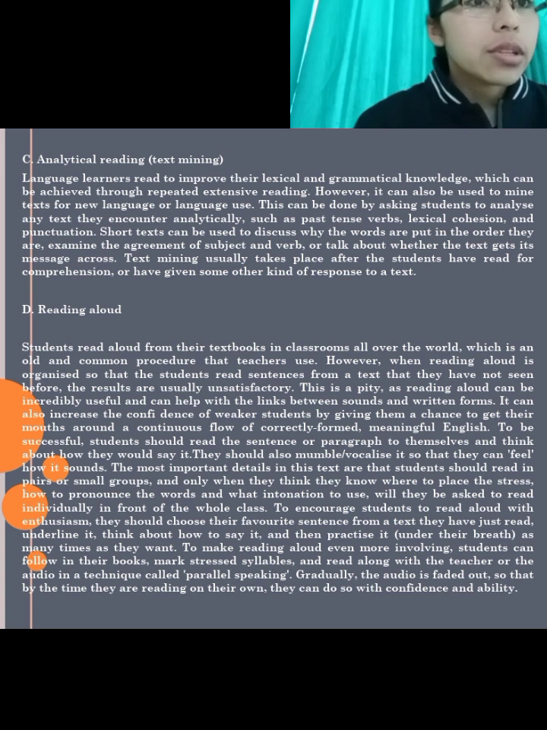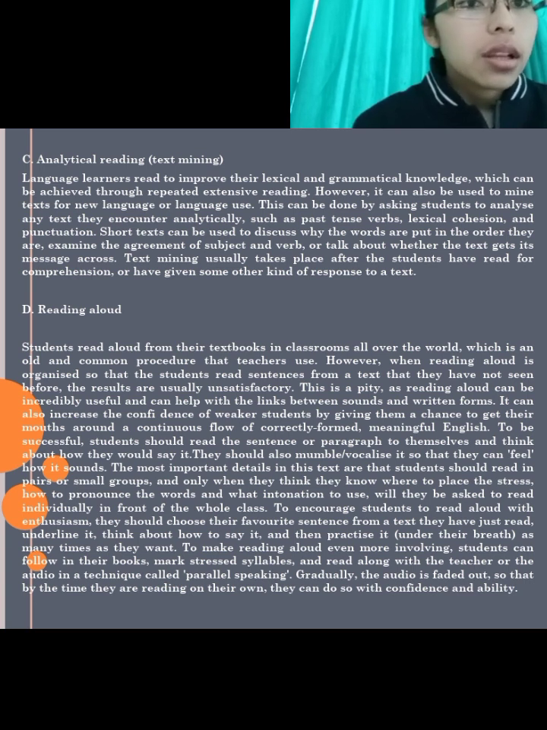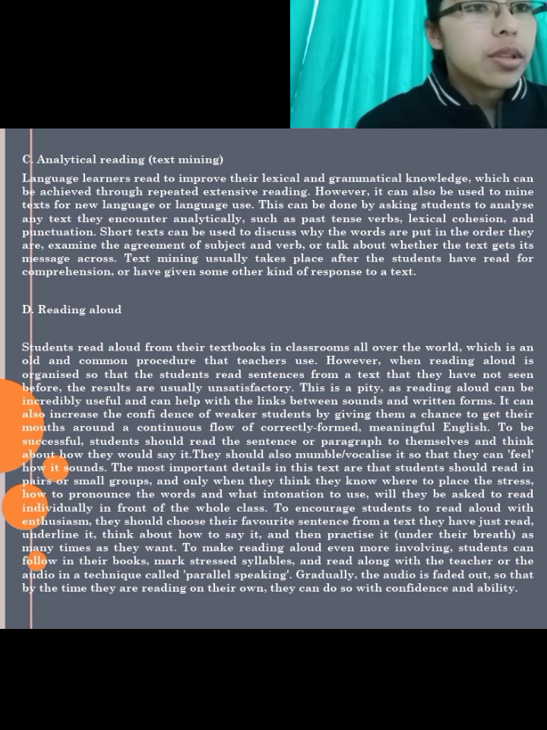Text meaning usually takes place after the students have read for comprehension or have given some other kind of response to a text. And the fourth, reading aloud. Students read aloud from their textbooks in classrooms all over the world, which is an old and common procedure that teachers use. However, when reading aloud is organized